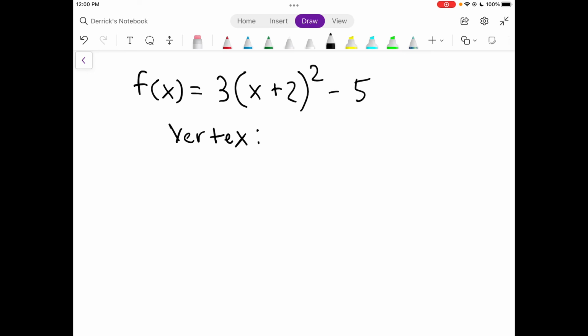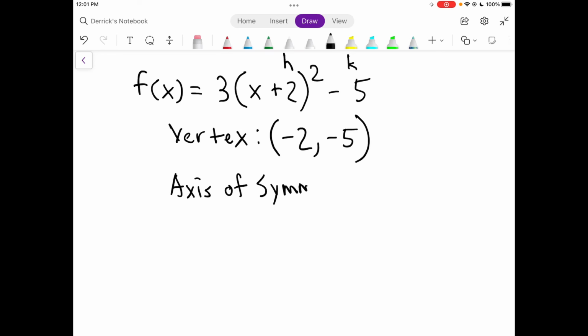But I do remember that I need to switch the sign of my h value. So I can see that that 2 is representing the h value. It's in the h value spot. But for my actual vertex, it will be a negative 2, so we have to flip that sign. Whereas outside the parentheses, I have a minus 5. I'm really going to keep that sign exactly the same. You do not change the sign for your k value, it's only the h value that you need to flip the sign. So if I've determined that my vertex is negative 2, negative 5,